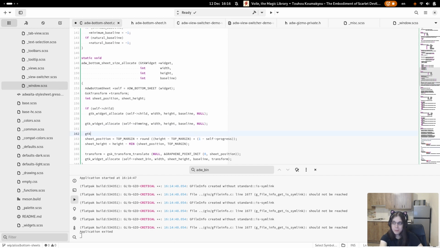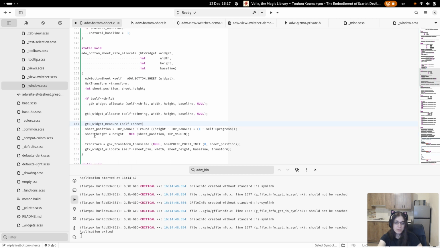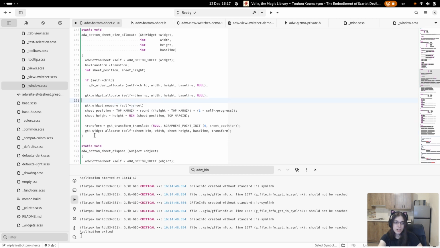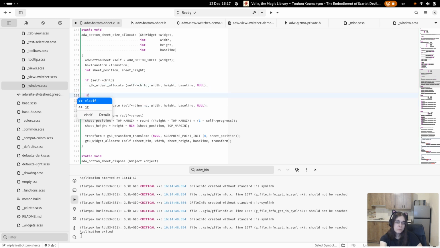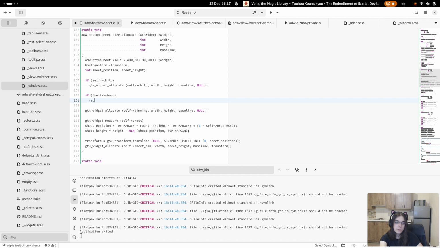So we need to measure the sheet child again. Any of this is if the child even exists. If not, we can just bail. So let's assume it exists. We measure it